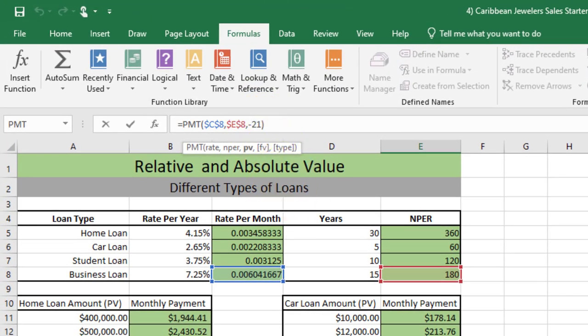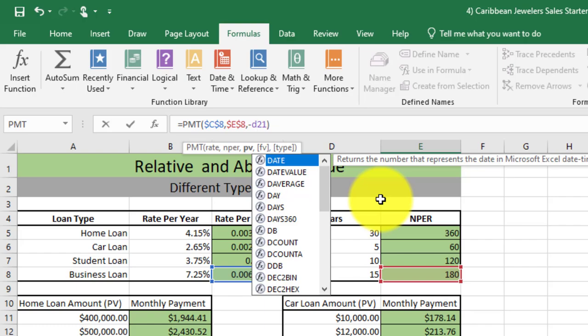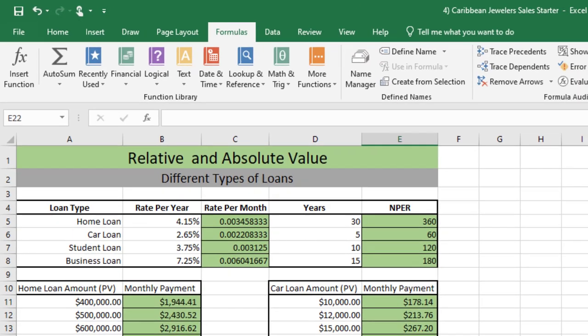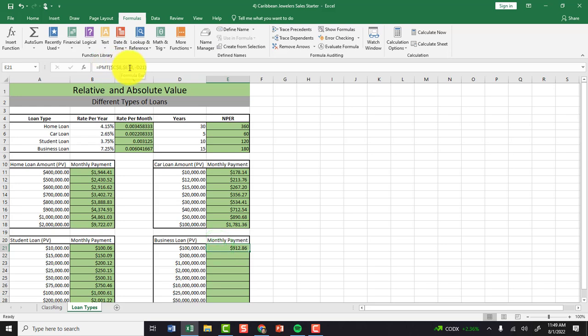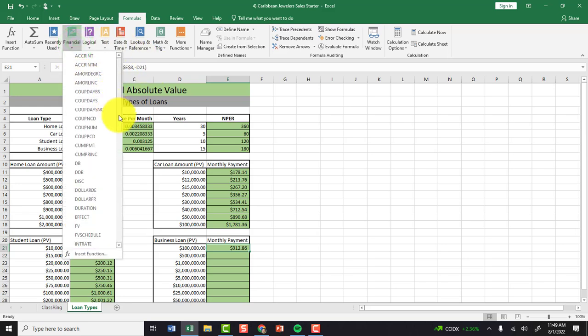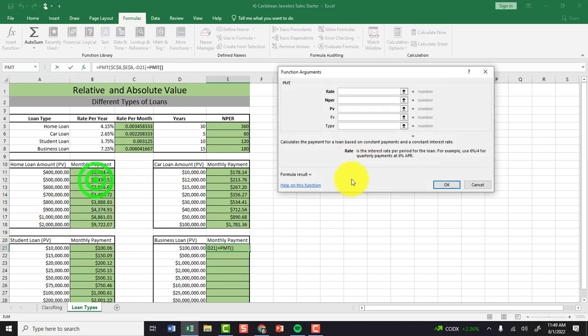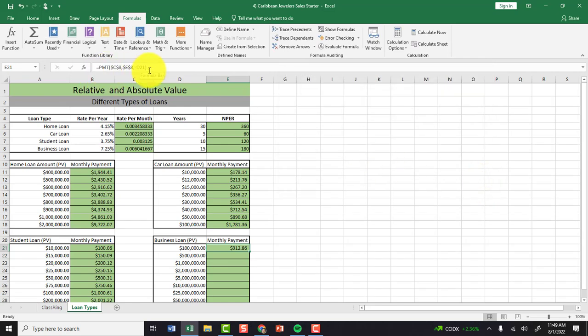All right. See here? I need to change this to D21. That looks right. So if you need to do the formula again, say you mess up like I did, you can go back up here and edit it this way. If you go back into the financials right here, so PMT, you'd have to set a whole new one, which is not bad, but just realize you can do that. Okay, all you need to do is have this